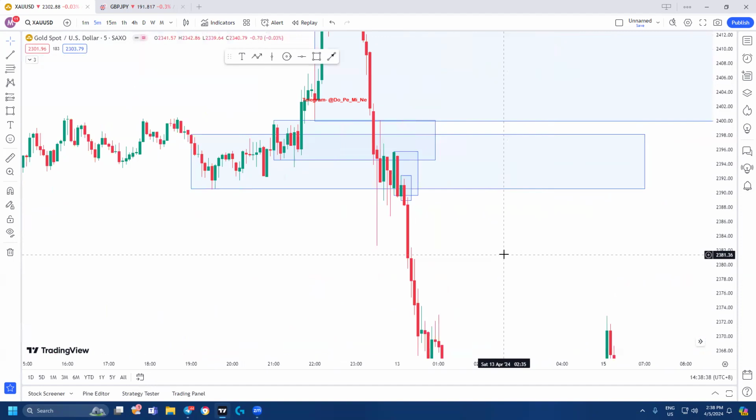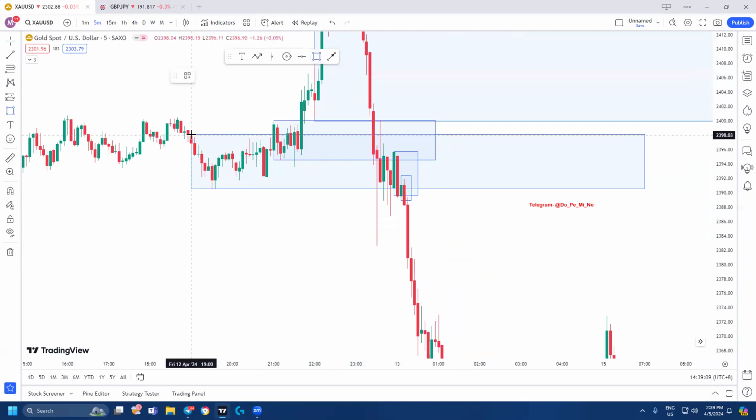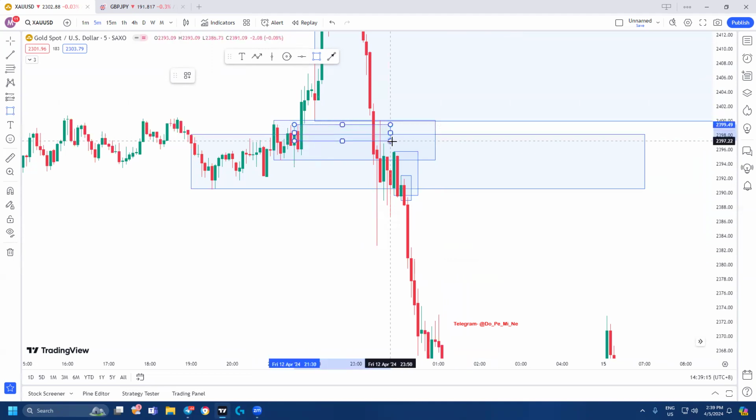Okay, the first one. Every zone will start to break with the lower time frame, for buy or sell. How we want to know the zone will break depends on the CMP, right? Like this one. As you can see, this is the H1 and this is the M15. If we precise to M5, we have this one. So this is already broke.